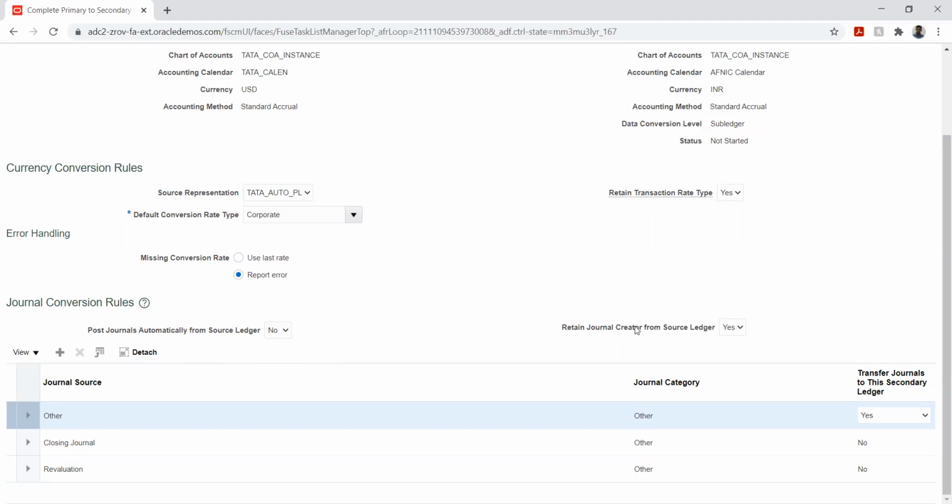Okay. So this is to have the journal creation. So this definitely we will say yes, so that when we are making the transaction, the journal will be created in the primary ledger, also in the secondary ledger. Will it be the same journal ID or will it be different? Journal ID is different, because if you see here, the ledger is completely different. So the journal ID will not be the same. It will be different. Okay.